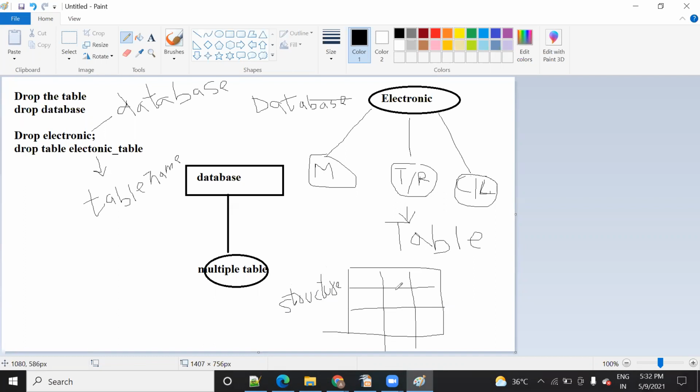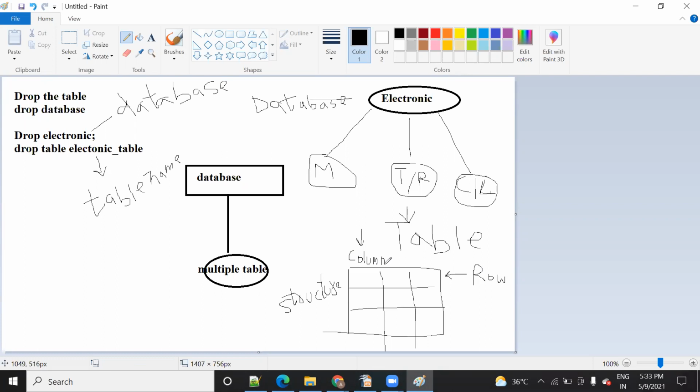Like here, the data are saved in the form of row and column. This is what your row. This is a relational database we are talking about. This is a row, and this is what your column. So here, what is the structure of your table? If I ask you what is the schema, then it is a relational schema, right? Because here data are saved in the form of row and column.